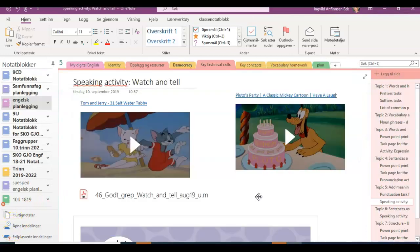Now for the speaking activity for the second day, I want you at home to try this as well. And you need to try it with a partner. You could use this if you're 3, for instance, or you can use this with your group, but then you're going to need to find other videos as well. I picked out these 2. So if you're 2 people,